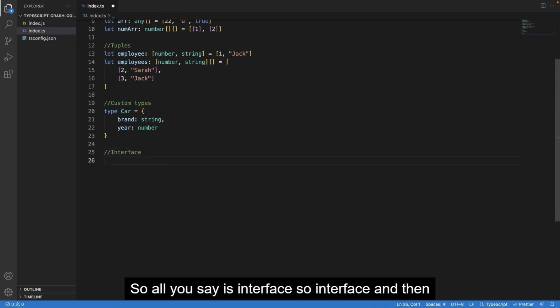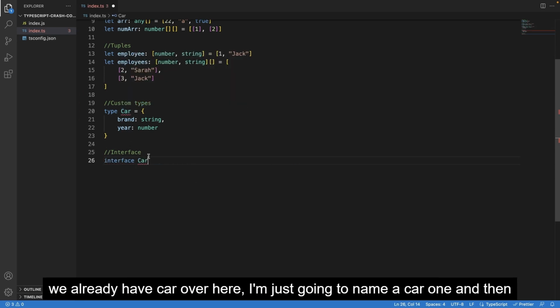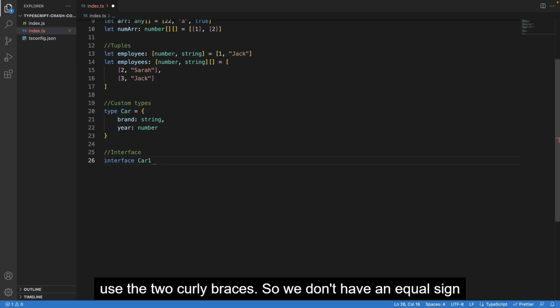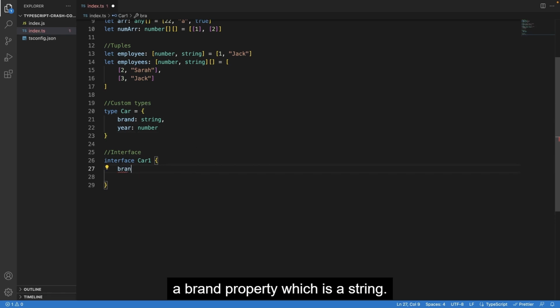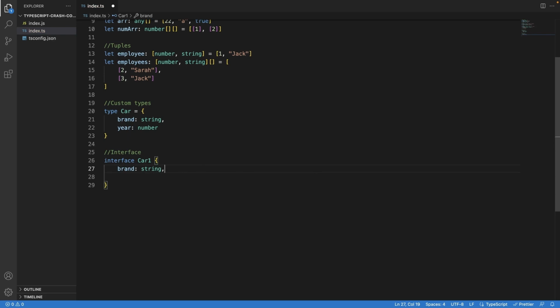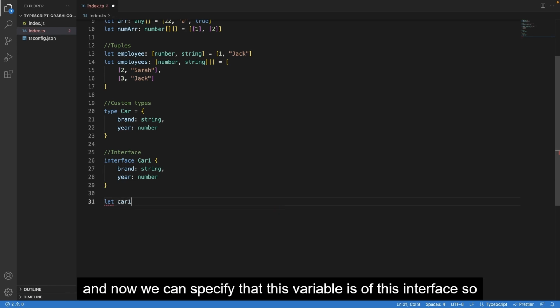So all you say is interface, and then the name of the interface. So we want it to be car, but since we already have car over here, I'm just going to name it car1, and then use the 2 curly braces. So we don't have an equal sign here. And then you literally do the same thing as you did with the object. So you have a brand property, which is a string, and then you have a year property, which is a number. So now when you create a variable, so now we can say let car1,